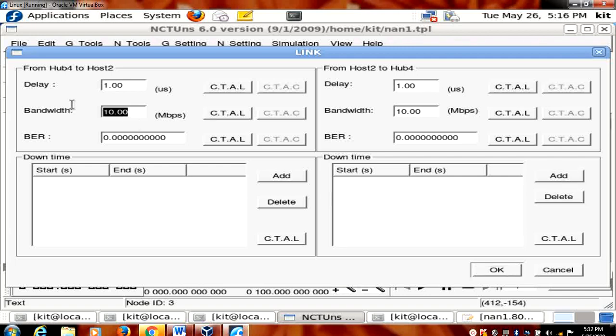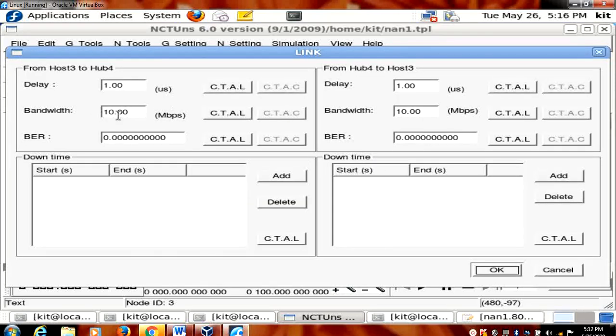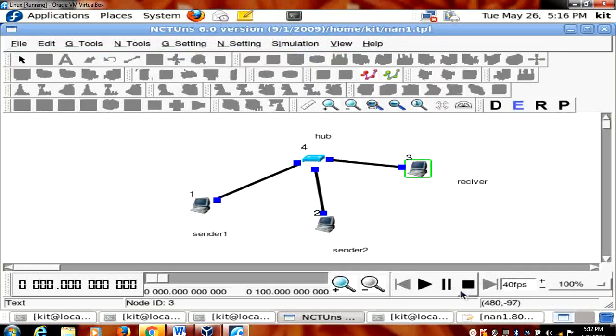Go for 8. Sorry. Here also go for 8. OK. And here also just go for 8. Go for OK.